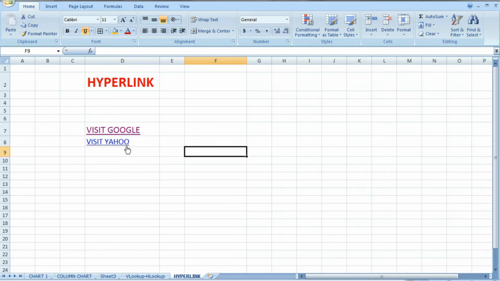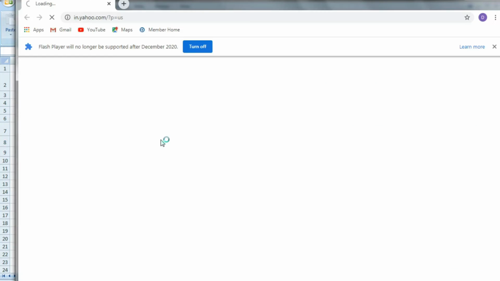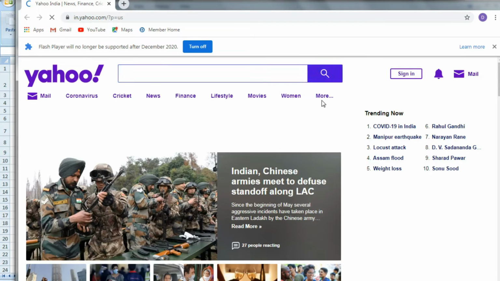Now the hyperlink is created, and if you click here, then automatically you can go to Yahoo. See, Yahoo is open, right? So this is how, friends, with just one click you can visit the website.